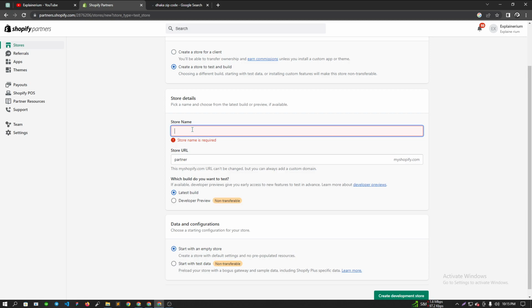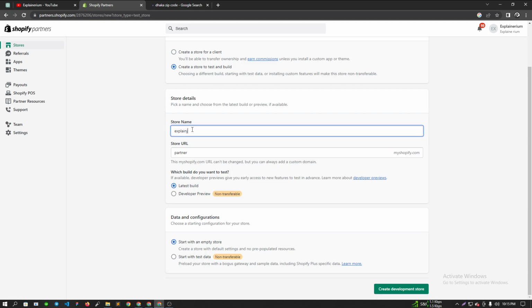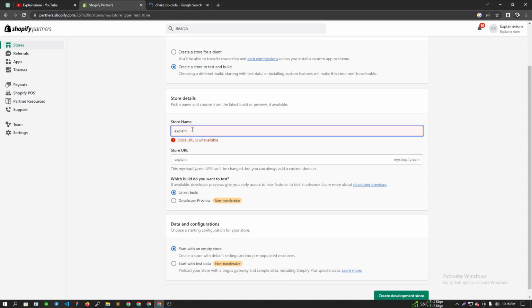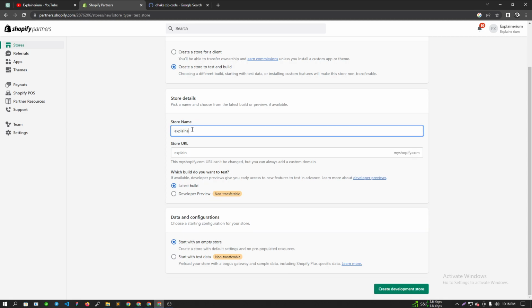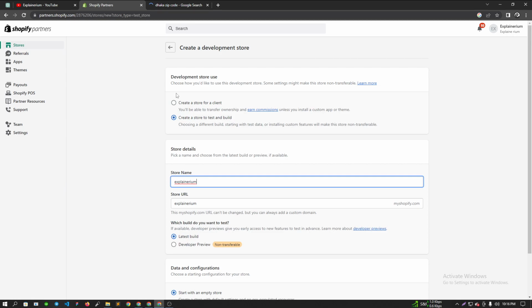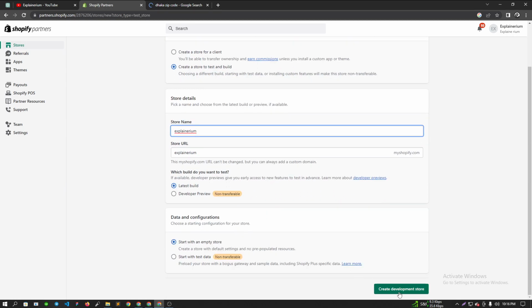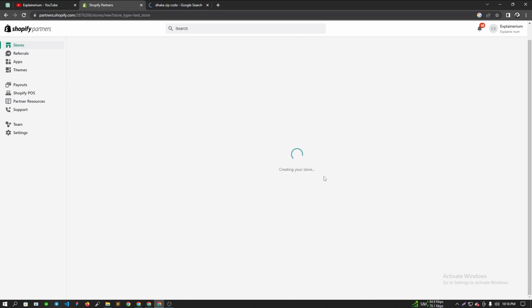So I'm just putting my brand name, Explainerium. So you can see this is a unique name. Now you can see which build do you want to test. So I'm just selecting the latest build, and here you can see data and configuration. So I'm just selecting this, start with an empty store. If everything is okay, then you can just create a development store,